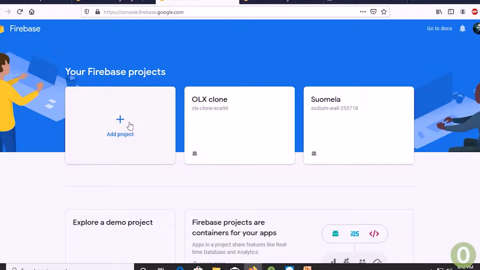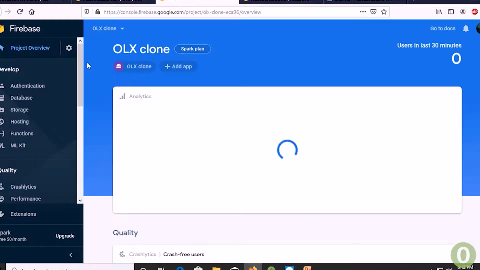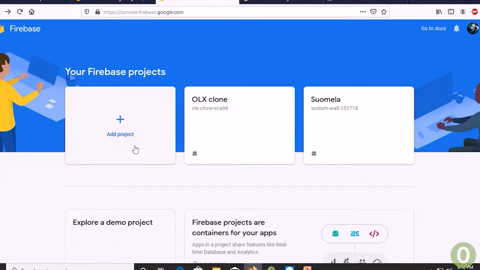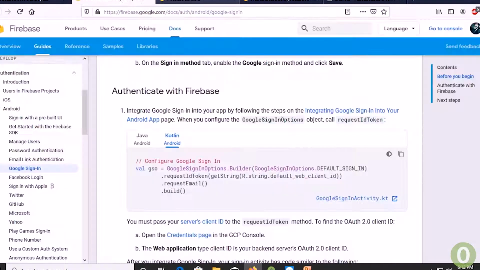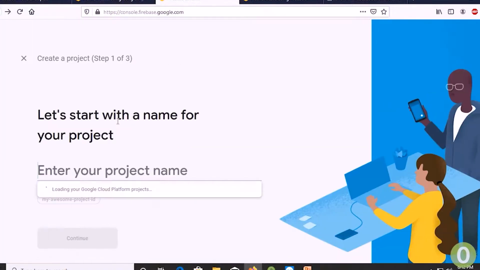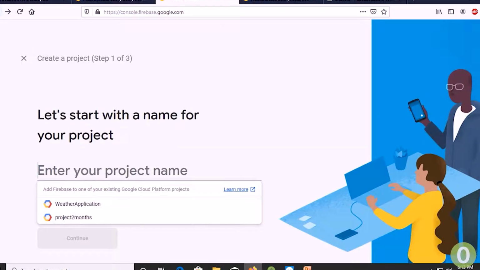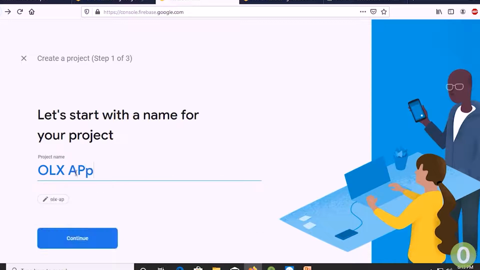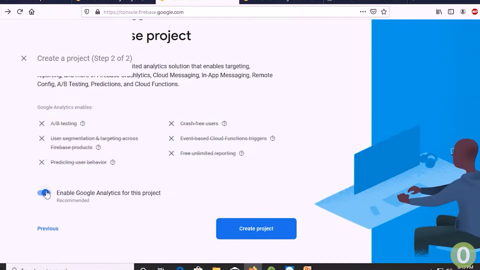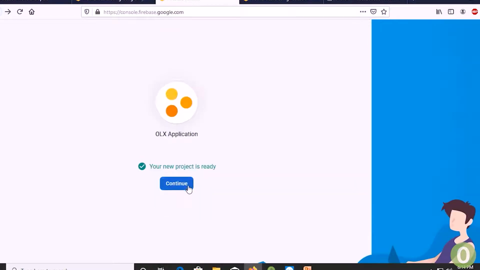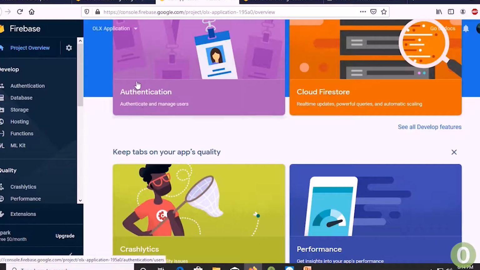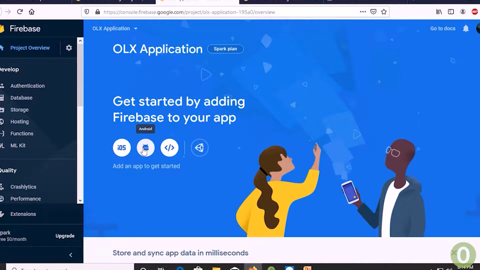First of all, what I'm going to do is, there is an OLX clone, which is my already existing project. So now I'm going to create a new project here. Enter new project name. I'm going to type OLX application, and then click on continue. I do not need any analytics now. So now project is ready, so I'm going to click on continue, and what I'm going to do is